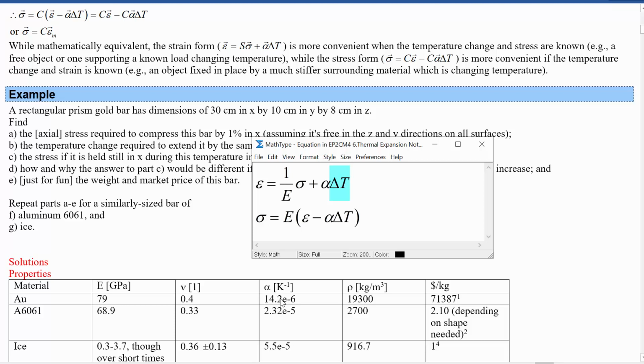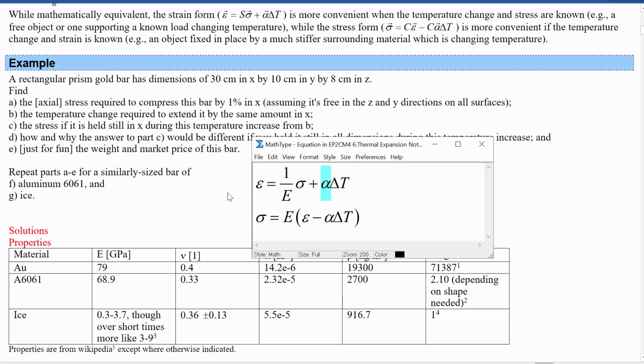This being an inverse Kelvin. After you divide epsilon, which is unitless, by alpha, then you'll have Kelvin back. Okay, and the next part, suppose that you hold it still, you make the strain equal to 0, then the